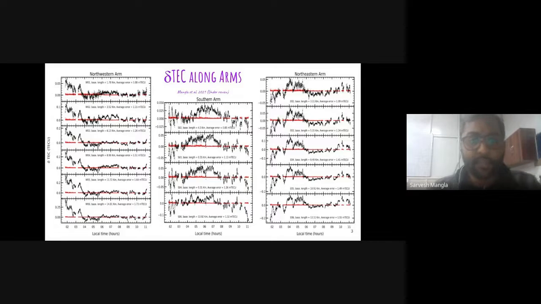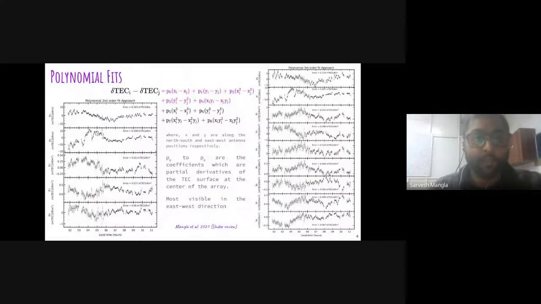In this plot, the data is following the same pattern along their direction and also scaling with the antenna distance, which means that differential TEC is proportional to baseline length. Thus, measuring the gradient is necessary to understand the behavior of any ionospheric phenomena. We sought to characterize the two-dimensional TEC gradient at each antenna.